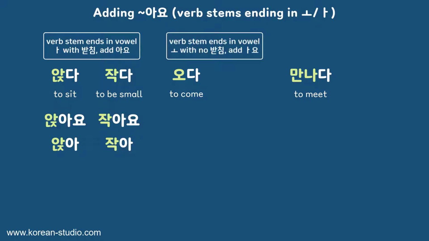Second, if the verb stem ends in the vowel o with no 받침, we add 아요. And this vowel a is added to the final syllable in the verb stem. So, 오다 becomes 와요, and the casual form is 와. And to give you another example, the verb 보다, which means to see, changes to 봐요, and 봐 is the